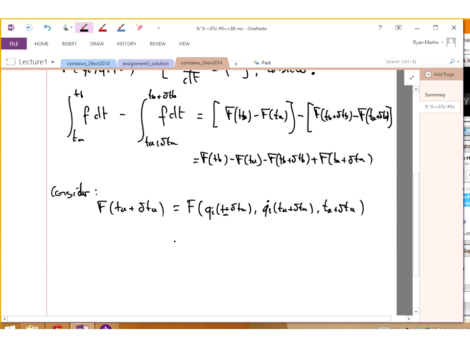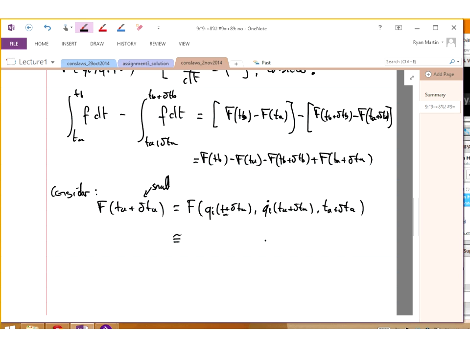So delta Ta is small, right? So I can evaluate that as a Taylor series expanded about F at Ta. So that's equal to F at Ta